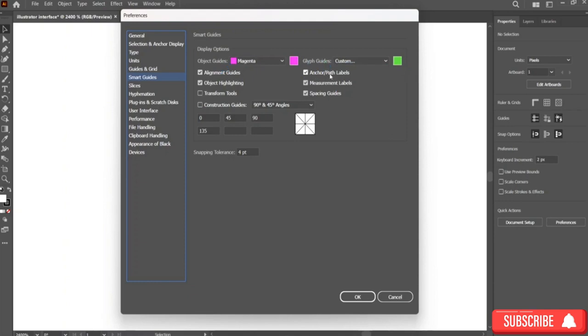Alignment guides, anchor path labels, object highlighting, measurement labels, transform tools, and spacing guidelines. Okay. After that, we have construction guidelines, which will be at 90 degrees and 45 degrees. We can also add more degrees over here. Okay, then we have construction guides over here, which will choose the angles that we are making for our lines using the line tool. Maximum, you can choose upon 2 angles, and over here you can see you have 60 degrees and horizontal angles and all of the angles over here. All right, now if I click on this, you can see that it will use it,